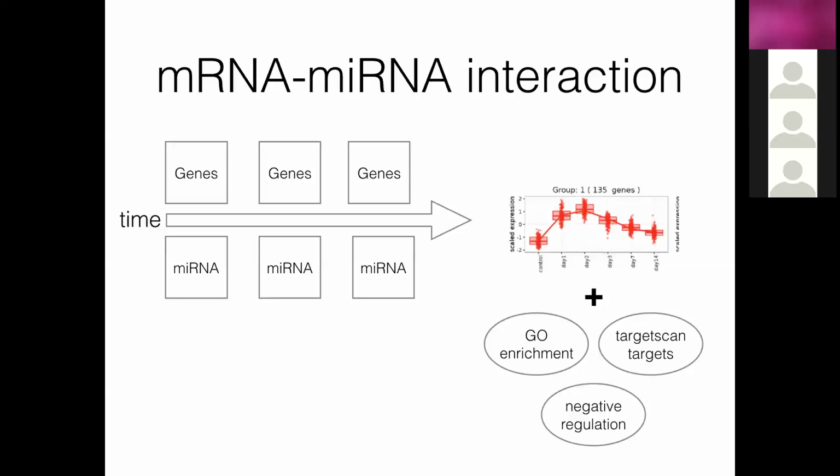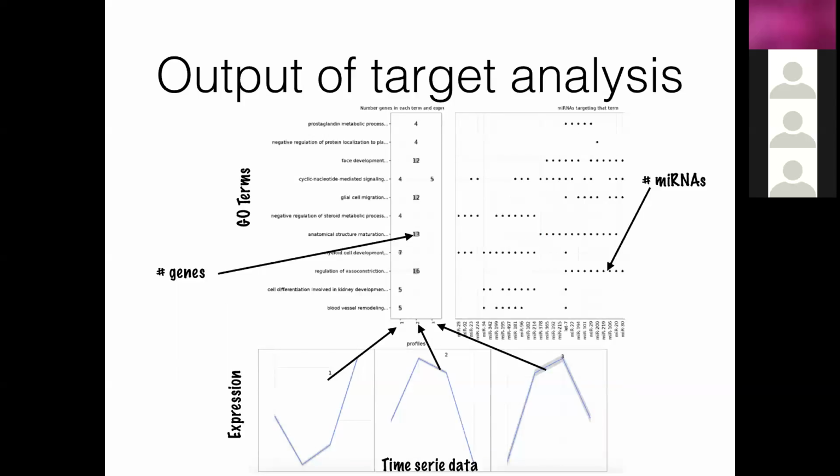The idea is to put all this together in a figure that can help you. There are 3 panels. The left panel at the top will show all the GO terms or KEGG terms or whatever you want to do. Then you will have the number of genes in the figure that are in this term, and you can know which profile they are following, like, for instance, profile 1 will be upregulation along the time. And then in the right panel, you will have which microRNA are targeting the